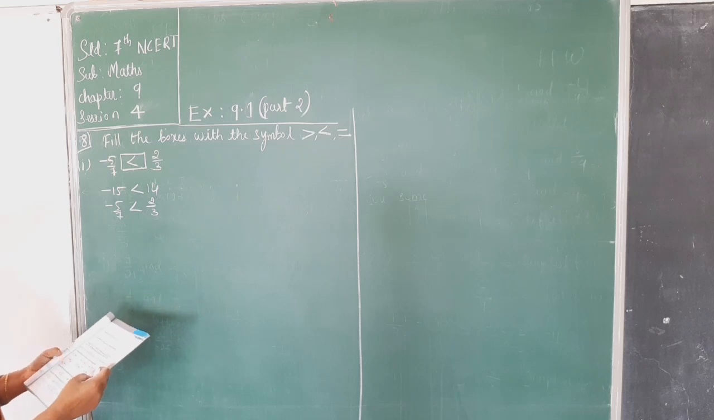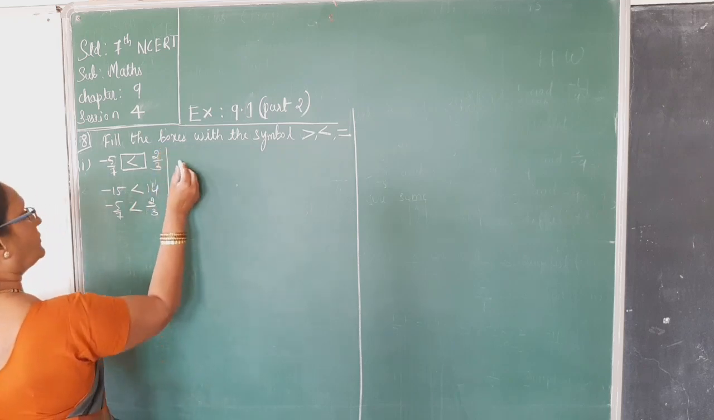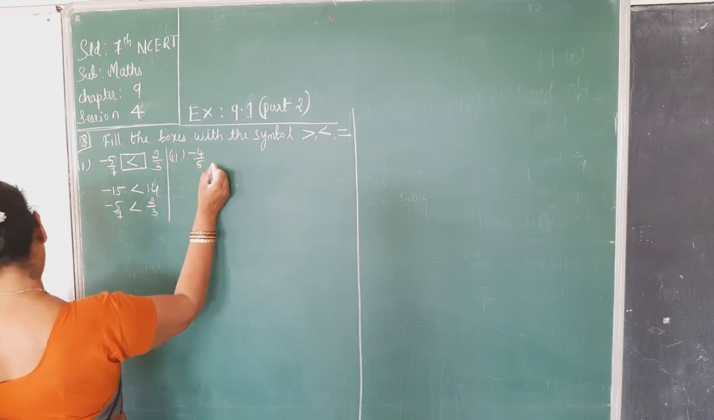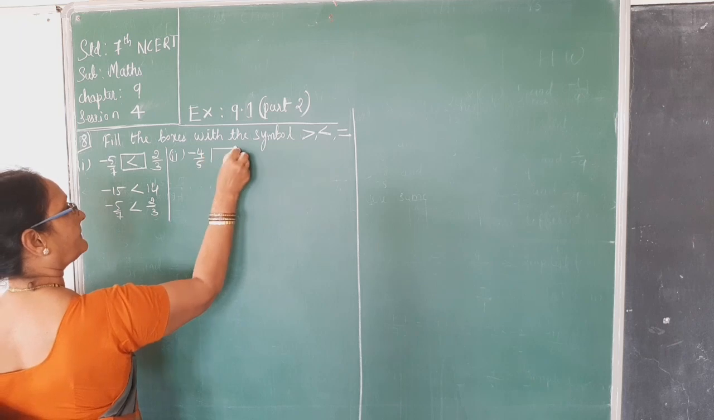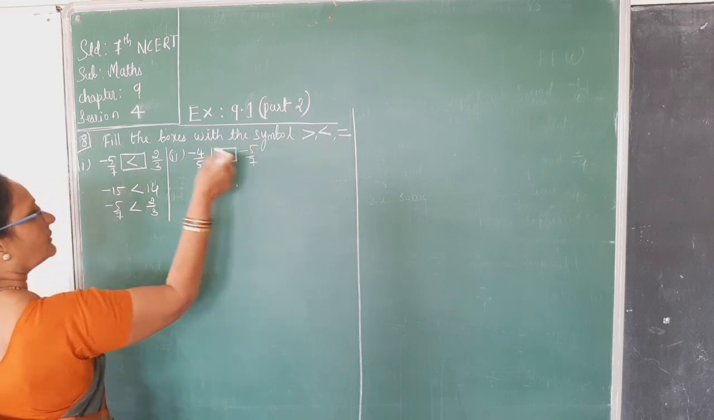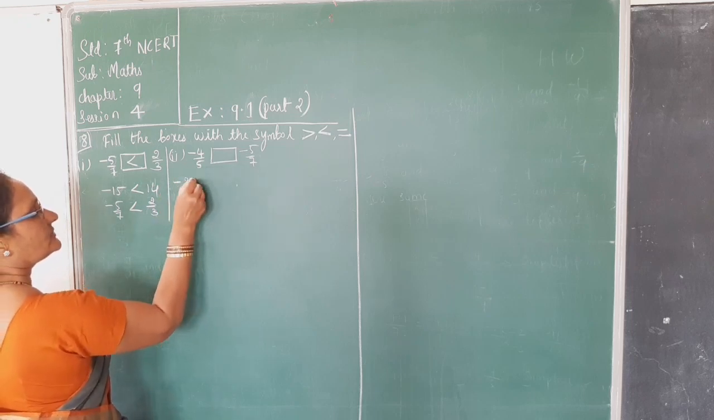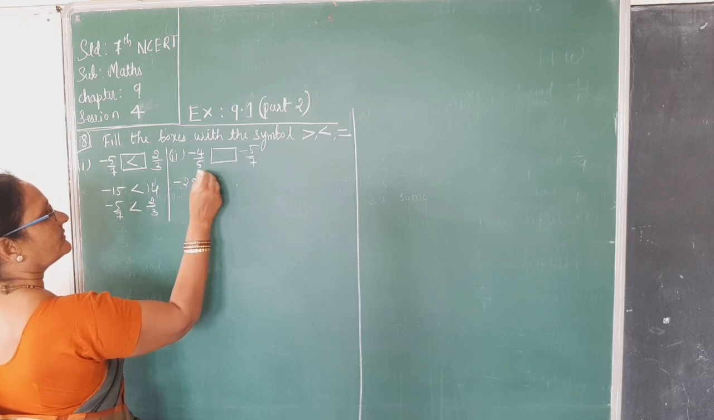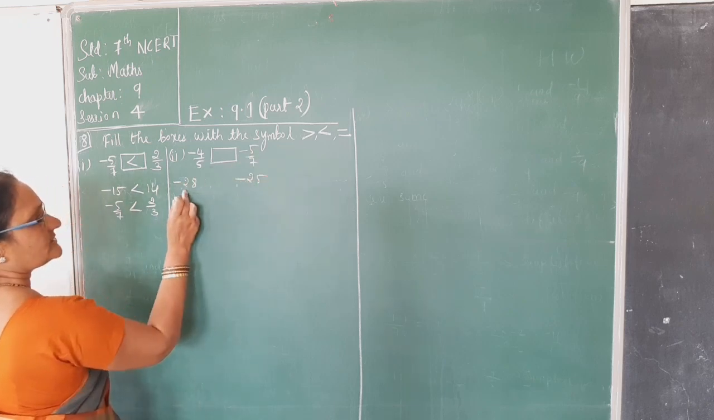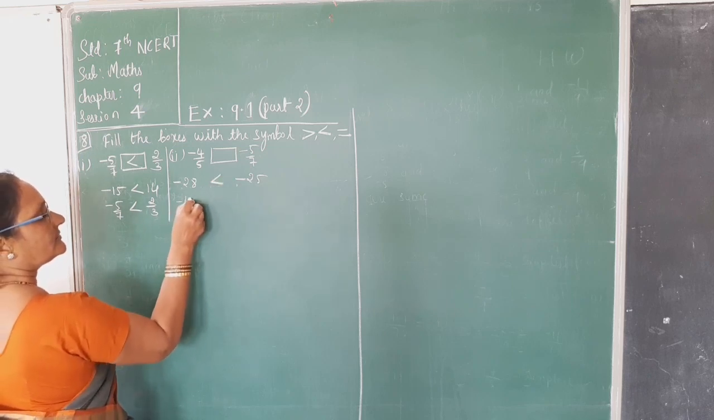We will do one by one. Second one, minus 4 by 5, box, minus 5 by 7. See now, cross multiplication we will do. 7 fours are minus 28. Then here minus 25. Minus 28 is smaller than minus 25. So this indicates that